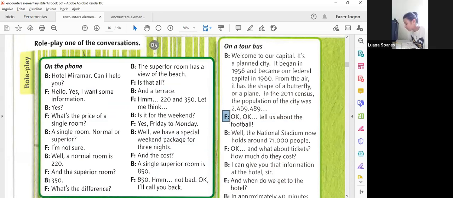Welcome to our capital, the planet city. It began in 1956. Our federal capital is